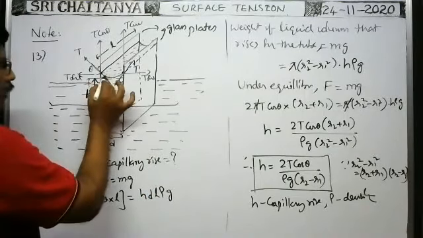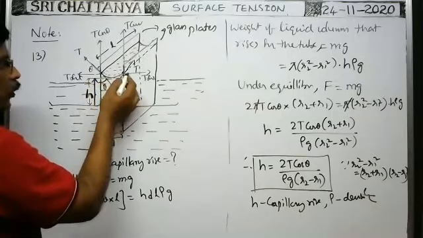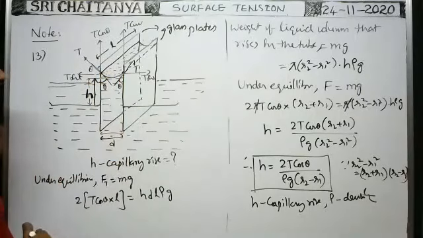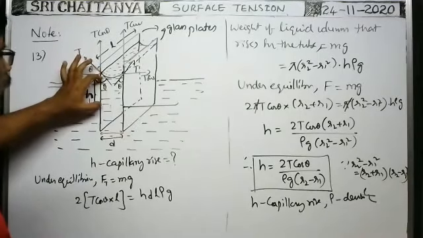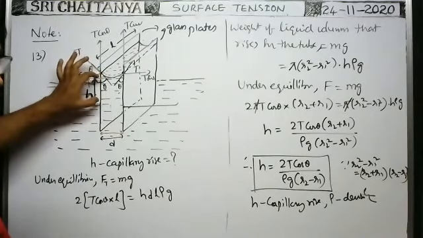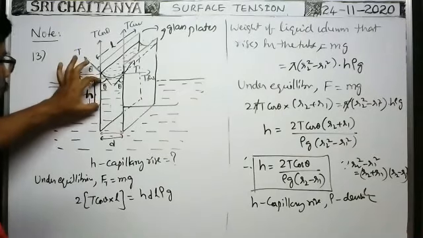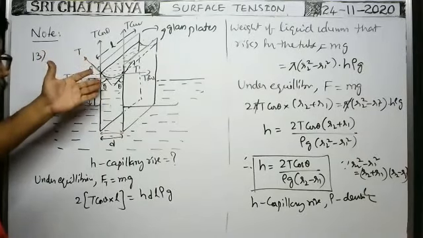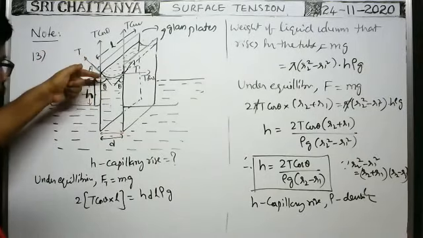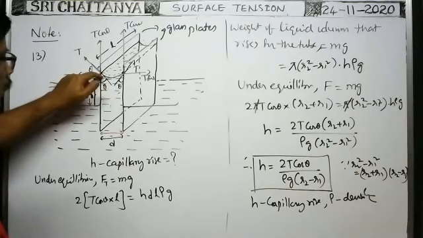The liquid in the meniscus can be ignored when compared with this height. Okay, because it is a fraction, part of a millimeter, but the height is 3 centimeter, 2 centimeter, like that. That's why when compared with the height of the capillary rise or height of the liquid column, the height of the meniscus can be negligible. That's why we need not consider the mass of the liquid in the meniscus.